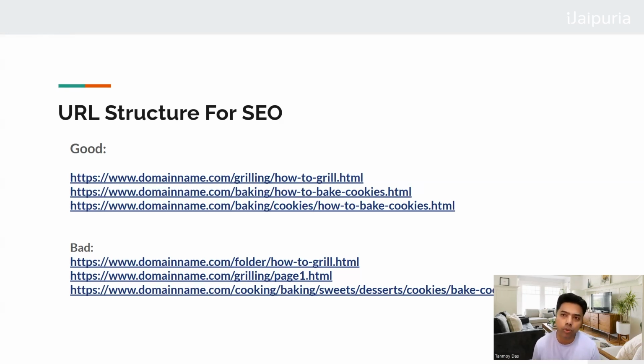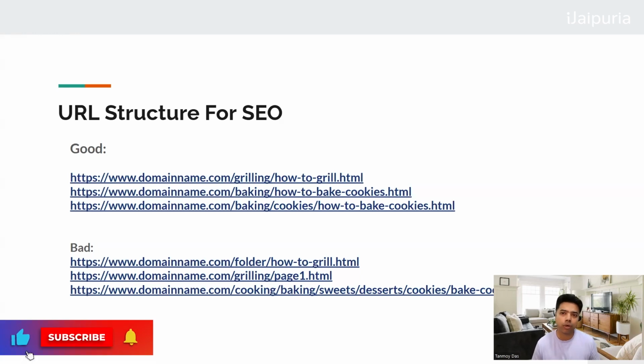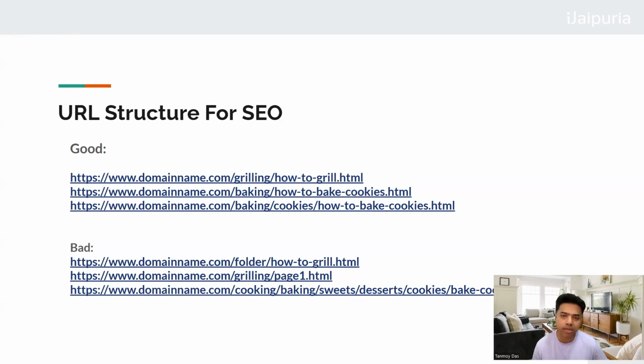So ideally what Google expects out of us is to have a very organized structure. For example, let's say my website is about food, baking, grilling, cooking related stuff. Then I'm going to have this kind of structure wherein I will have a specific directory, let's say for grilling, and then I'll have the page for it, which is about how to grill. Similarly, I can have another directory called baking, in which I have the file for how to bake